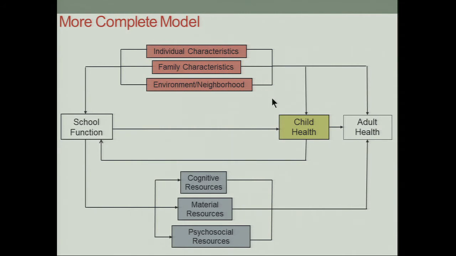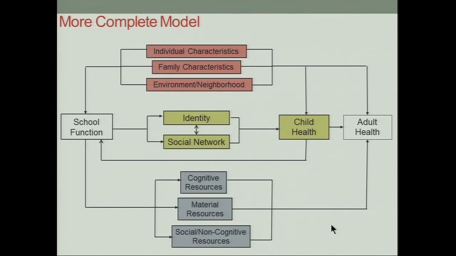But even after you control for a whole host of these factors, and people have really tried hard to explain away this association by accounting for those factors, there still remains a really important link between school function and child health. And when we think about what the potential mechanisms are that explain this link, we have to look to other mechanisms than what we discussed before. It can't be that it's access to a better job or employment, right? It's got to be something else that impacts child health.